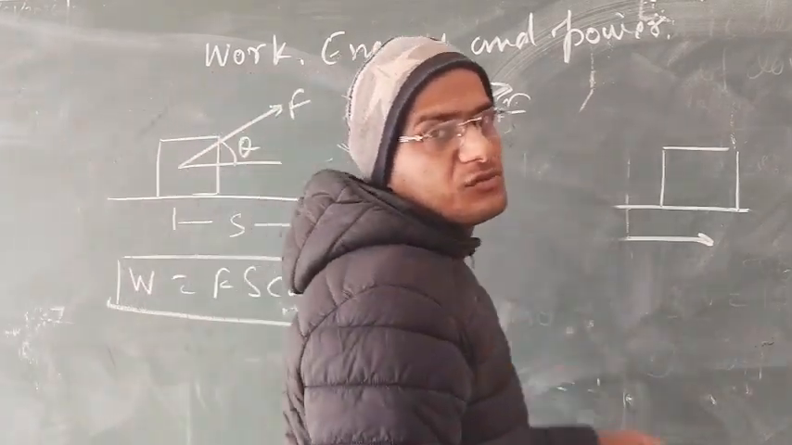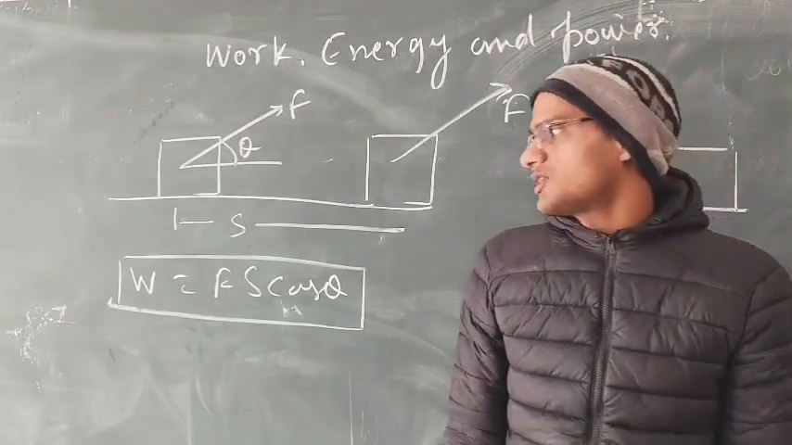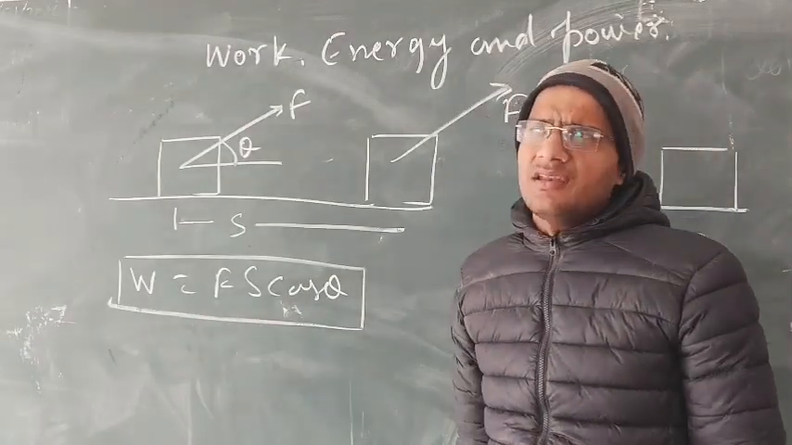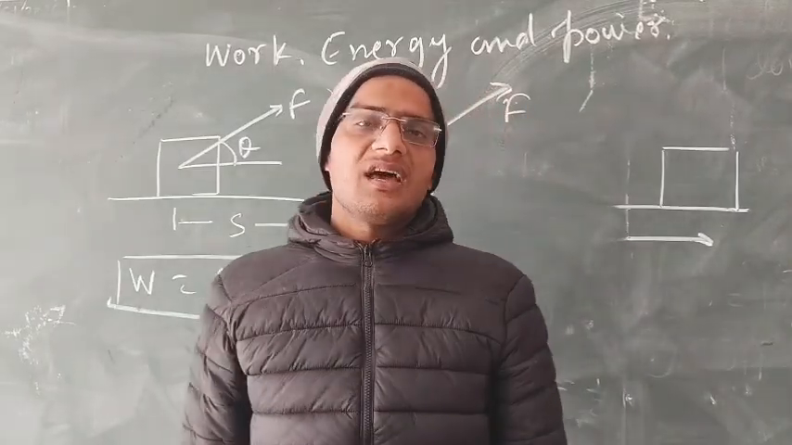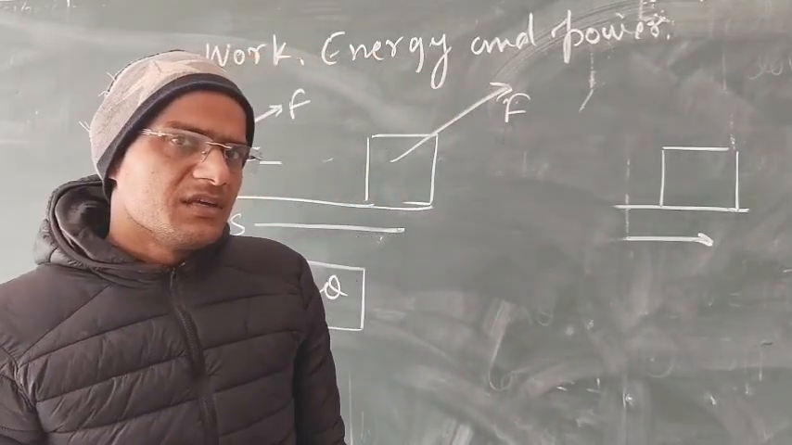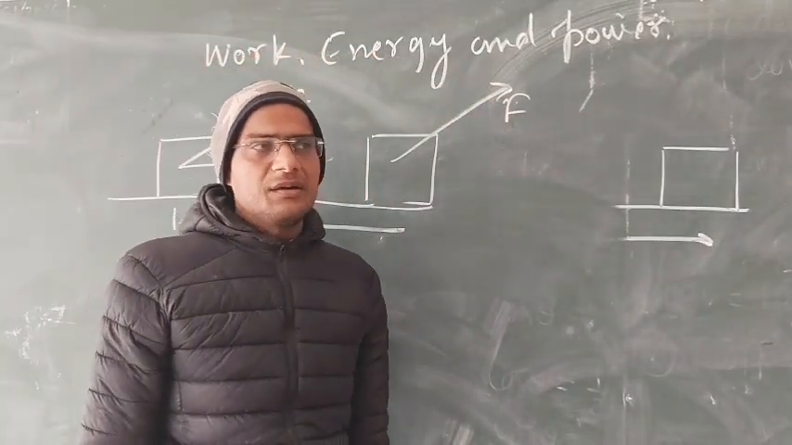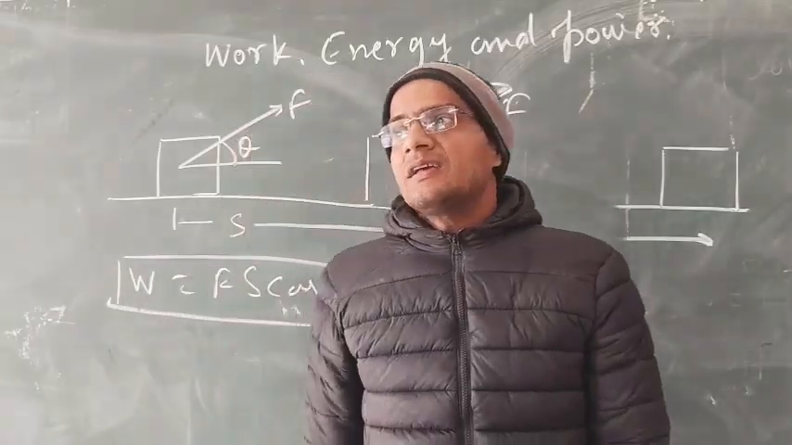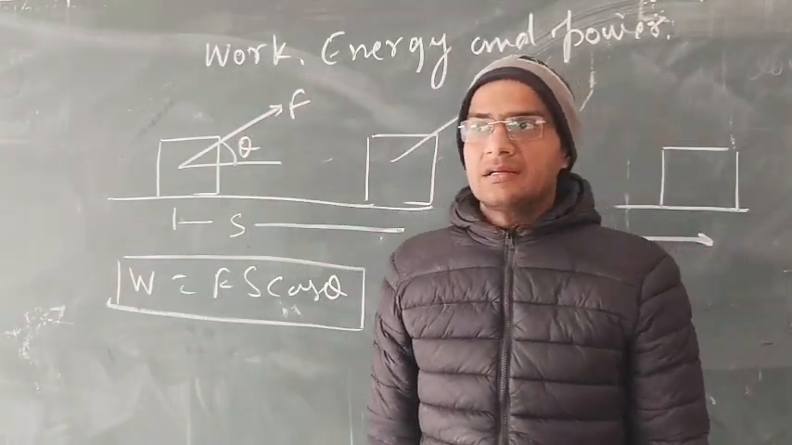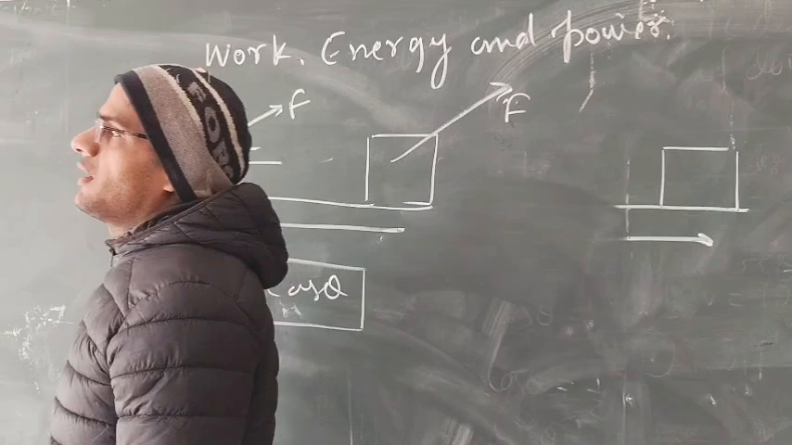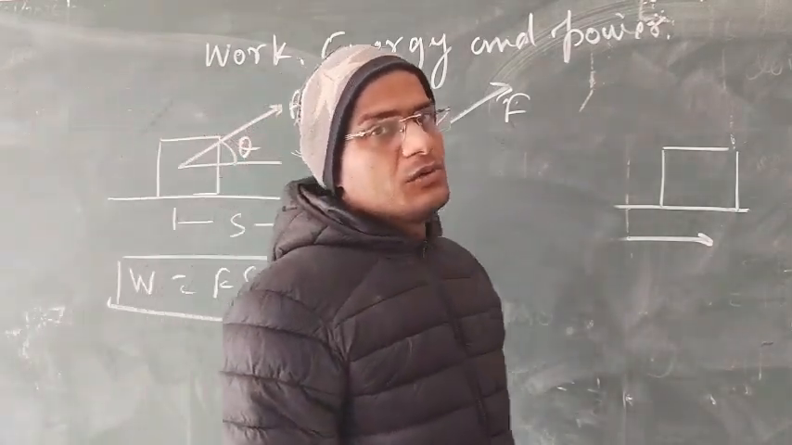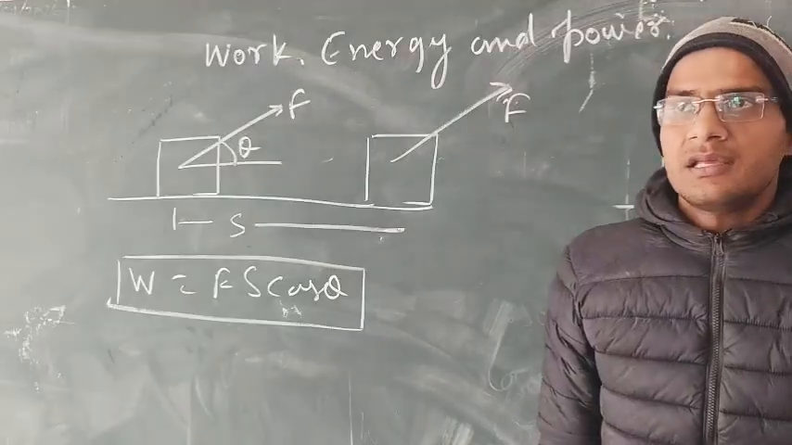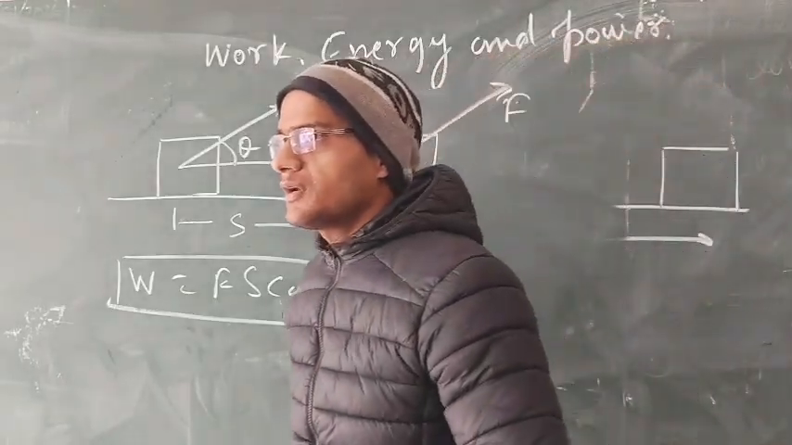If the angle between force and displacement is an obtuse angle, then the work done will be negative. And if the angle between force and displacement is a right angle, then the work done will be 0. For example, if a coolie carries a bag over his head, then the work done by the coolie will be 0 because